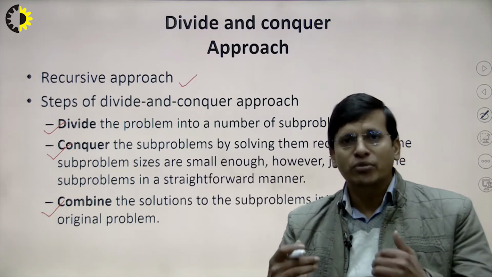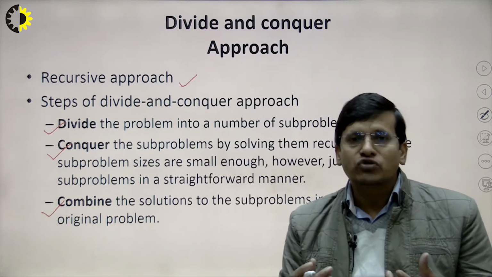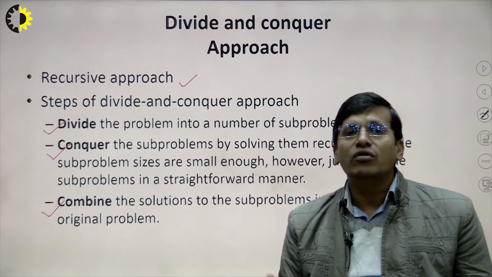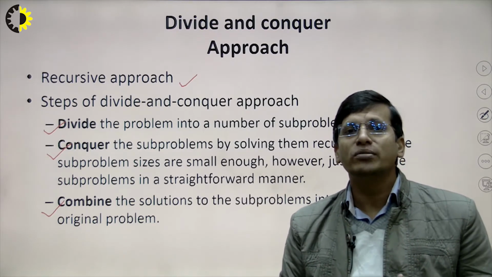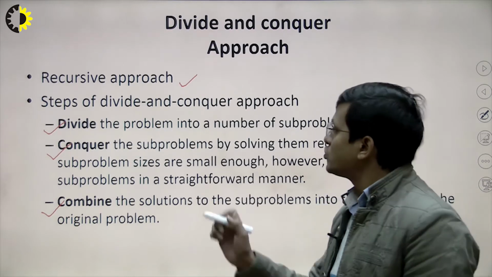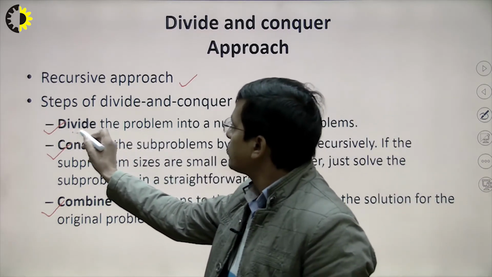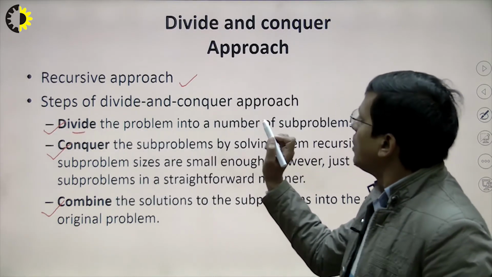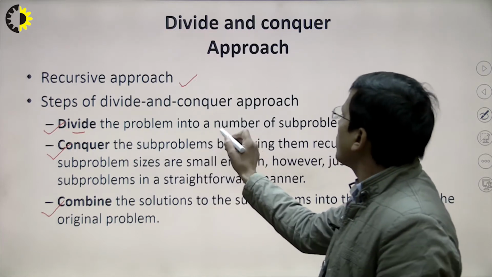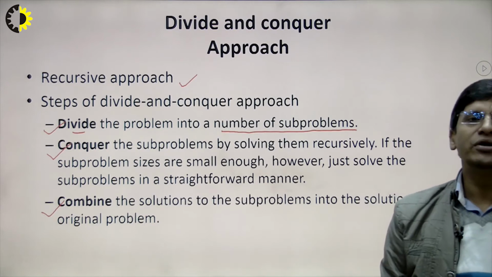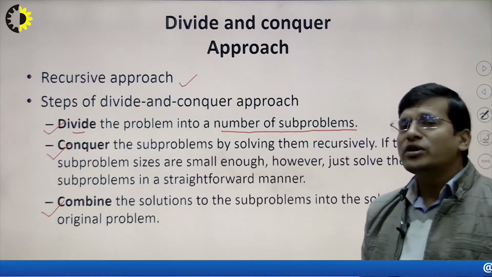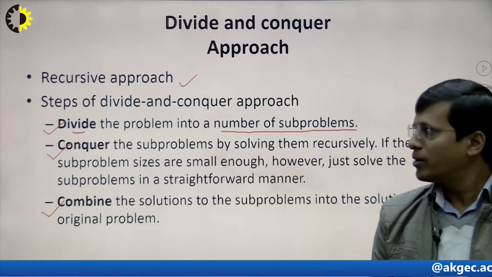So first of all you have to divide, and we are reducing the number of elements, or reducing the size of the problem, and then we try to solve the sub problems, right? So this is the division approach. In this approach we divide the bigger problem into a number of sub problems. It may be two sub problems, it may be three, or some other number, right? It depends upon the size of the problem, right?